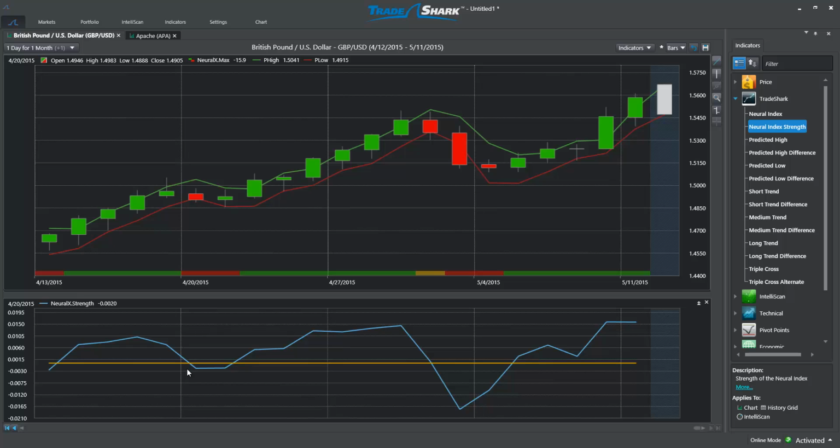A trader would certainly not be looking to take any fresh short positions and ideally be looking to exit that short at a predicted low value or simply tighten a stop loss to reduce any risk on the trade. Once the Neural Index becomes positive again, the trader can once again look to go long, buying near the predicted low and targeting the predicted high values over the next